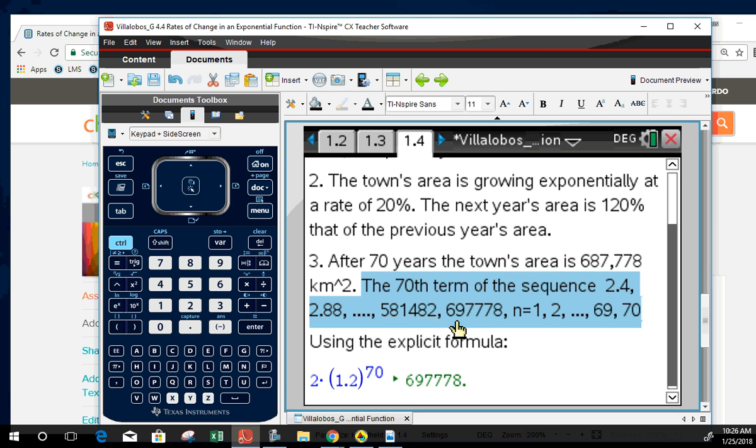581,482, 691,778. Well, that is 581,697,000, where n is equal to 1, 2, all the way to 69, 70, and so on. The table will give you that explicitly, as I stated before. There it is, using the explicit formula. Okay, now to answer